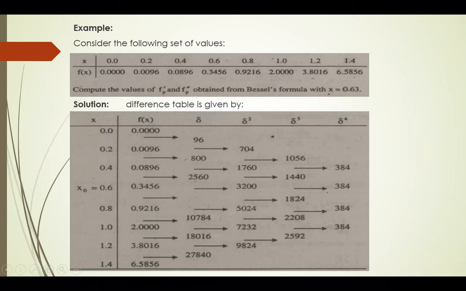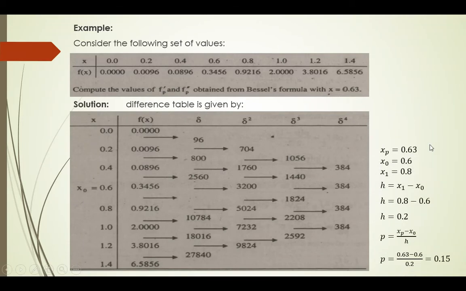So xp is 0.63. 0.63 lies between 0.6 and 0.8. So that is x naught, and that is x1, and that is xp. These calculations are the older one. xp is 0.63, x naught, x1, h, p is 0.15,